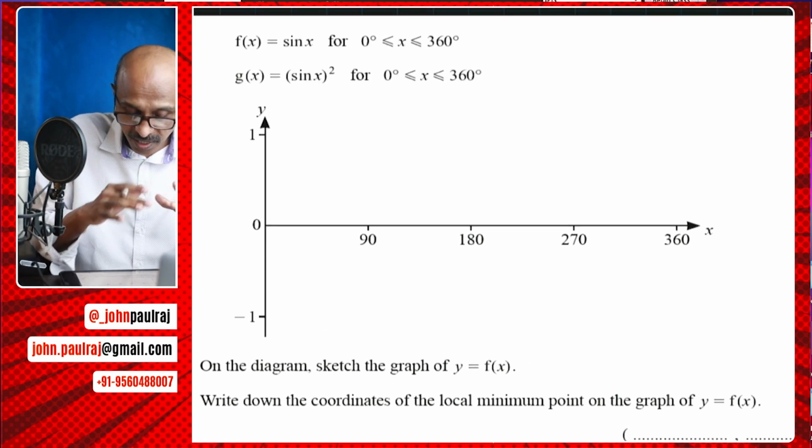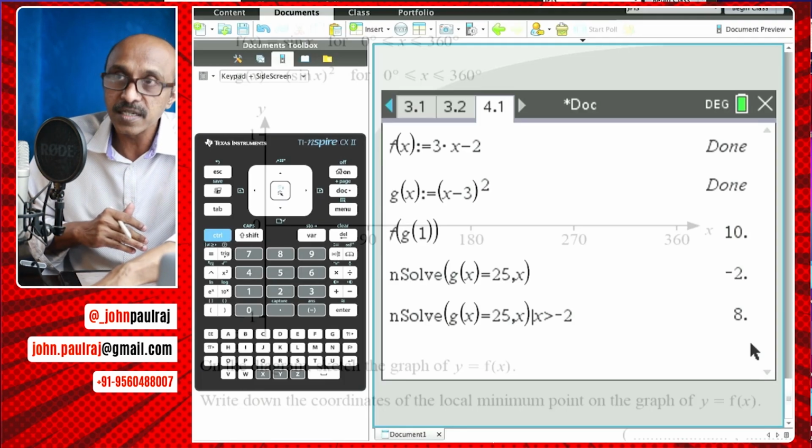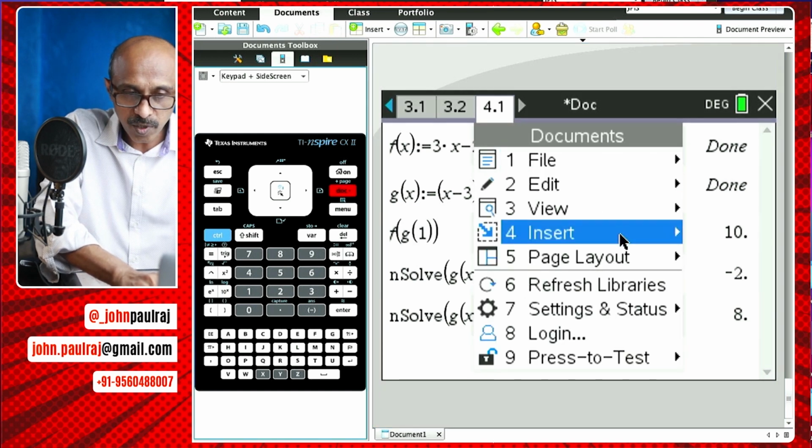This is the second kind of question where the graph has to be sketched. The first one, as I said, you just defined. So let's jump to the calculator now. Let's insert a new problem. We already talked about the advantages of